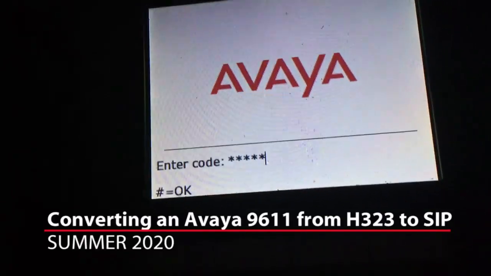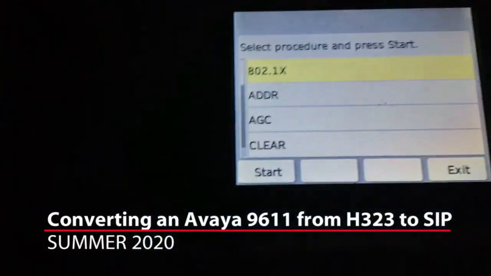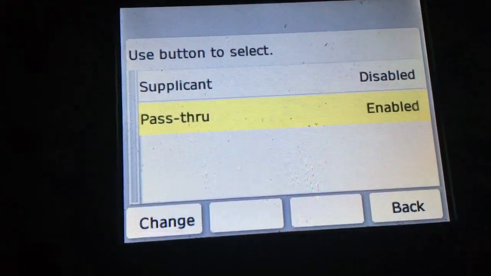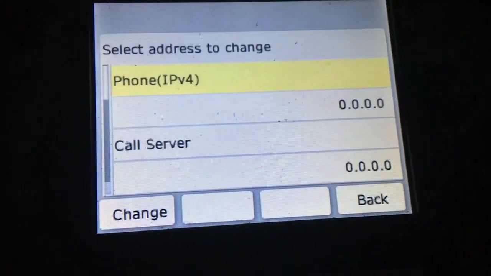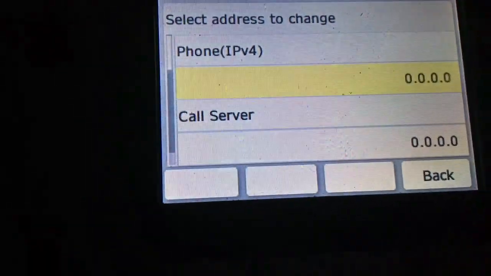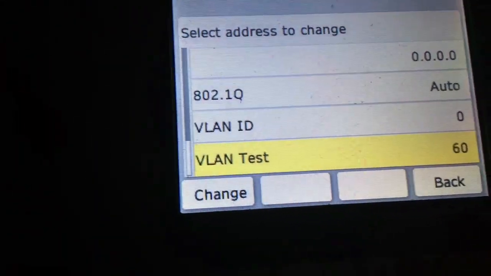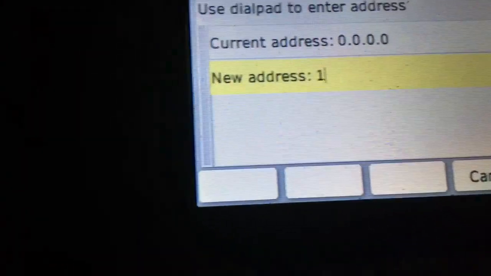So I'm going to log into Craft. That's the passcode. It means Craftsman back in the Bell System days. So now I'm going to change some of the settings here because this came from a different environment. So I have to put in, oops. Forget how to go there. So